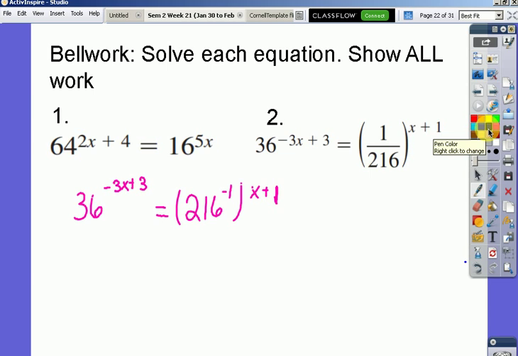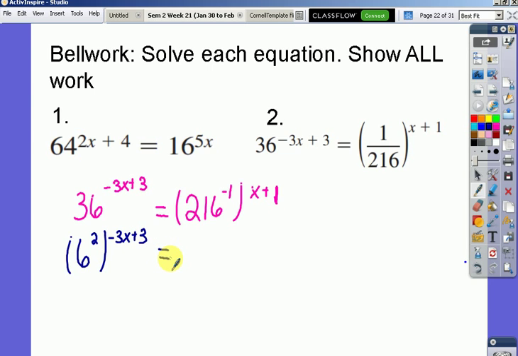Okay. So again, I have to ask myself, what common base can I use? Well, I can't use 36. The 36 squared is already bigger than 216. Yeah, I can use 6. So 36 is a perfect square, 6 times 6, and coincidentally it goes into 216. So I'm going to have to use a factor tree for that. So I have 6 squared in parentheses, and then I have negative 3x plus 3 on the outside